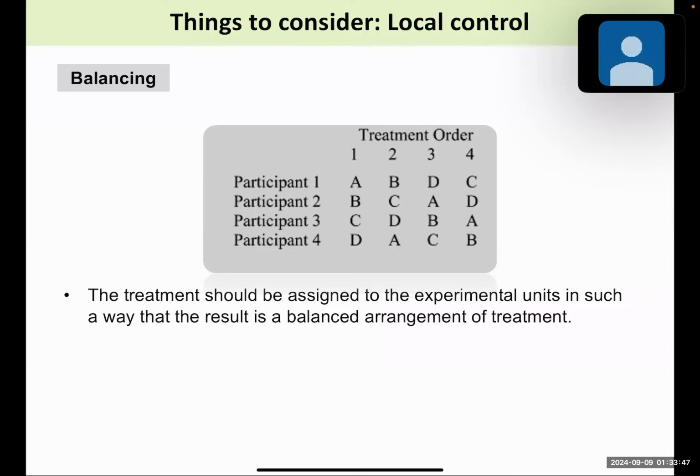So you need to consider balancing in order to make the experimental sequences in a balanced arrangement of treatments. 그러니까 이제 랜더마이제이션을 해야 되기는 하는데 이거를 또 너무 무작위로 섞어버리면 또 예측 못한 그런 에러가 발생할 수도 있으니까 어느 정도 이제 밸런스 된 상태로 이제 분포를 해서 우리가 이제 실험을 해야 된다라는 거죠.